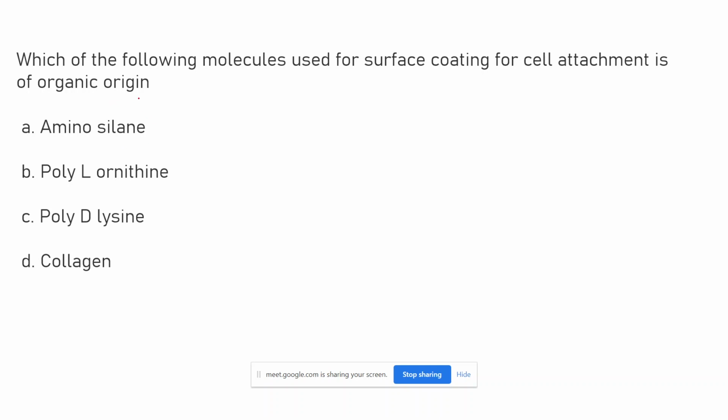Next question is, which of the following molecules used for surface coating for cell attachment is of organic origin? So again there are four options. The first is aminosilane, second is poly-L-ornithine, third is poly-D-lysine, and the fourth is collagen. Before I discuss the answer to this question, there's one thing that I'd like to mention. The widely used molecule for surface coating for cell attachment is poly-D-lysine. So it is basically polylysine,